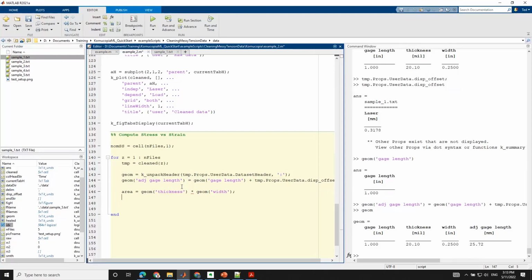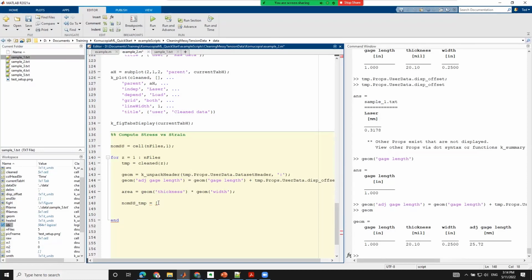That'll be the area. And once we have that, we can now compute the nominal stress value for this component looping in the data set. So we'll say nom stress temp is, and we're going to want to have,